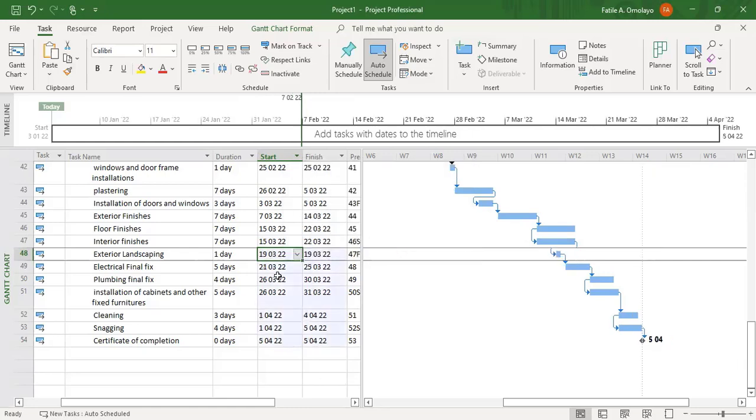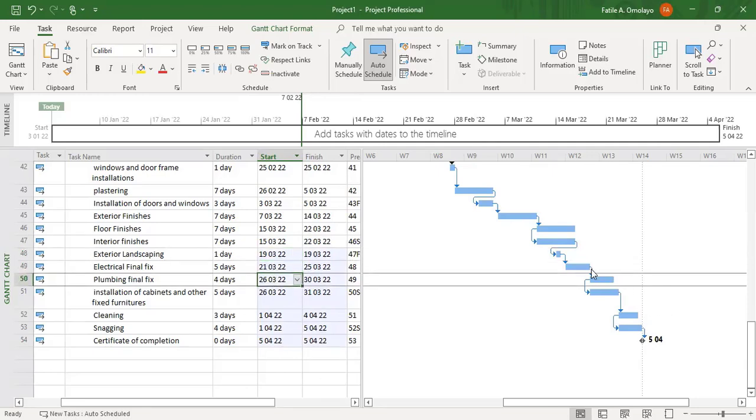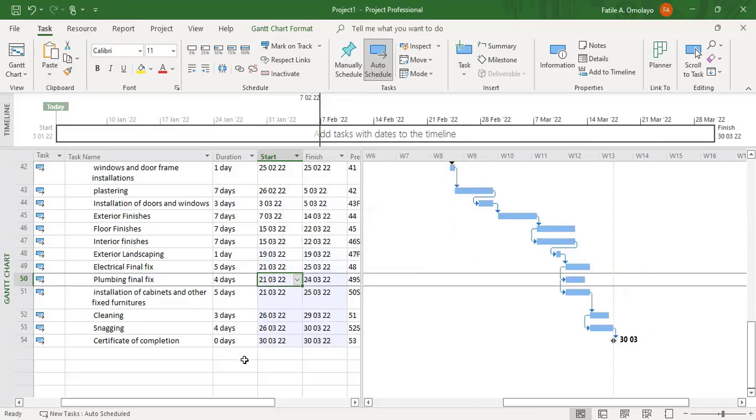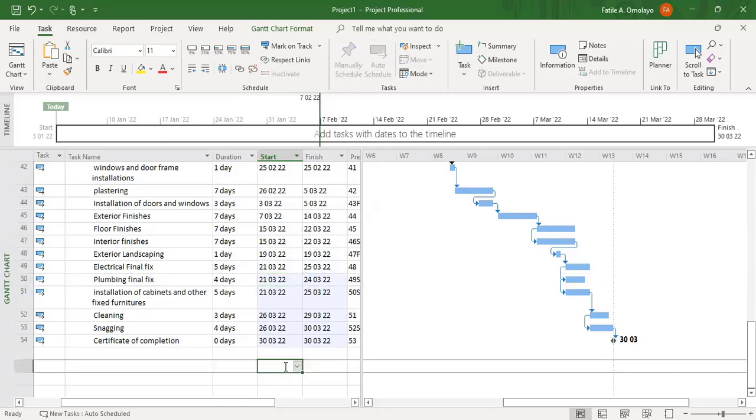If I lag this, final electrical and final plumbing can happen at the same time, when you are fixing your lights and fixing your sanitary wares. All right, ladies and gentlemen, I have been able to achieve 3 months to complete this